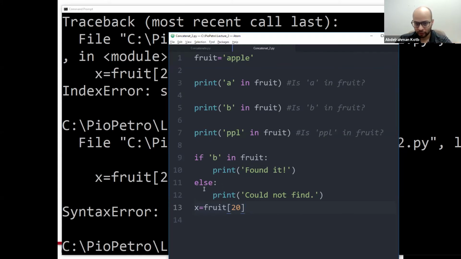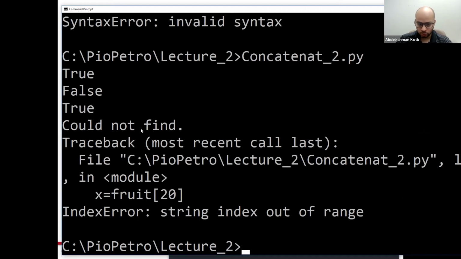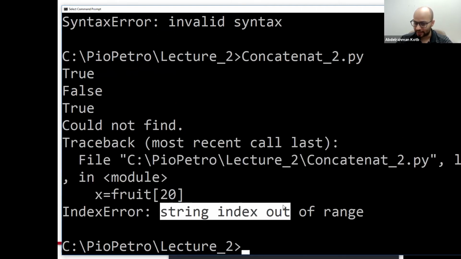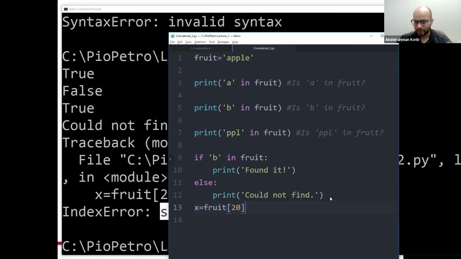So if I do this, it goes true, false, true, could not find B, and then it tells me, oh, this is a mistake. You're using a string index out of range. In practice, usually when we do something like this, we use the try except method. And I think I talked about it last time, but I want to show it.